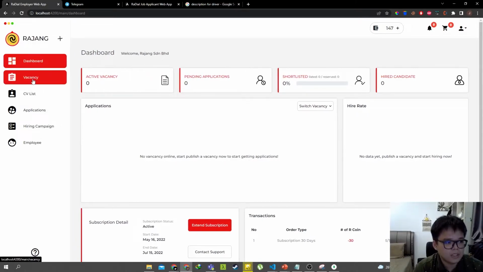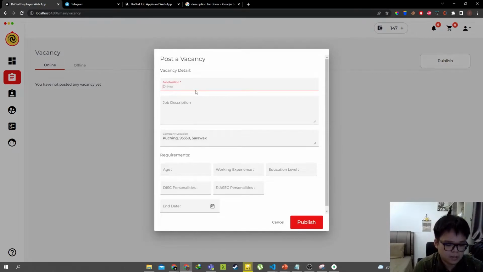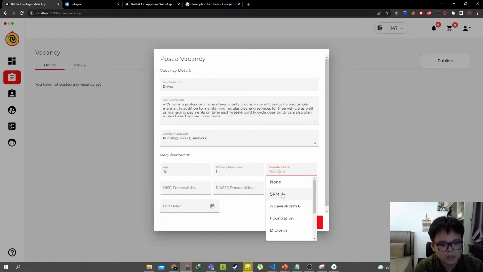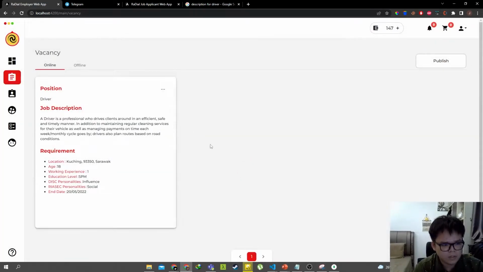The employer can navigate to the vacancy page and they can publish a vacancy here. Let's say I publish a vacancy for driver, key in a description. This company location is auto-filled based on the address they gave when they registered the account. This is the requirement for filtration use. They can key in the requirements for this vacancy, select an end date, and they can publish it. So after they've published their vacancy,